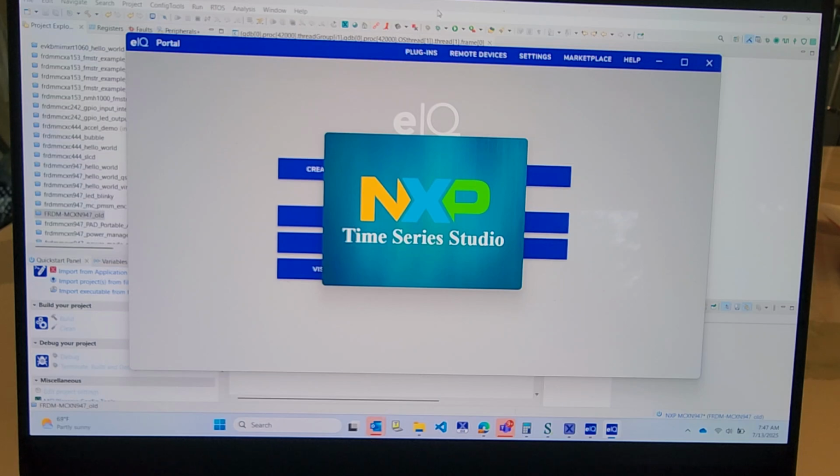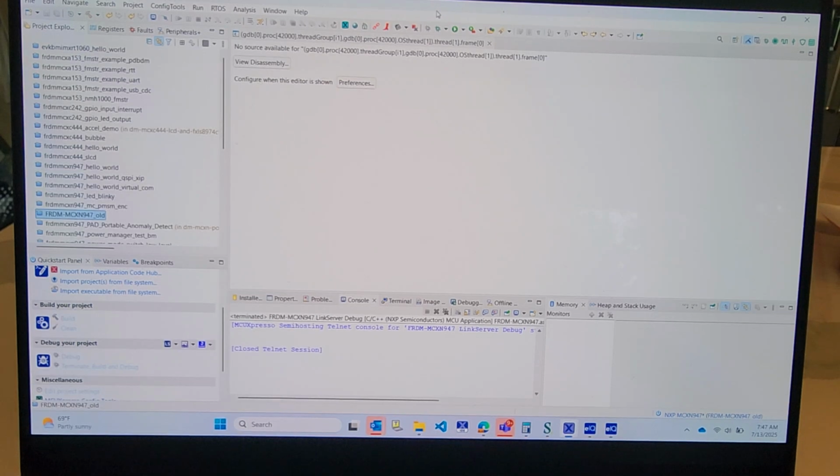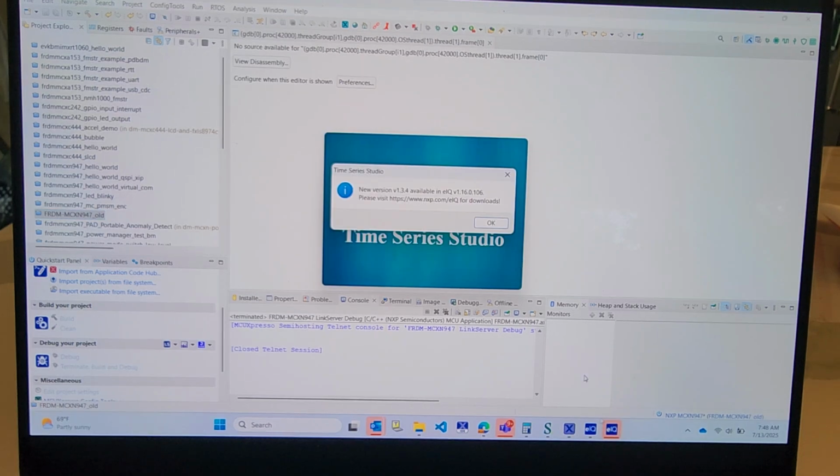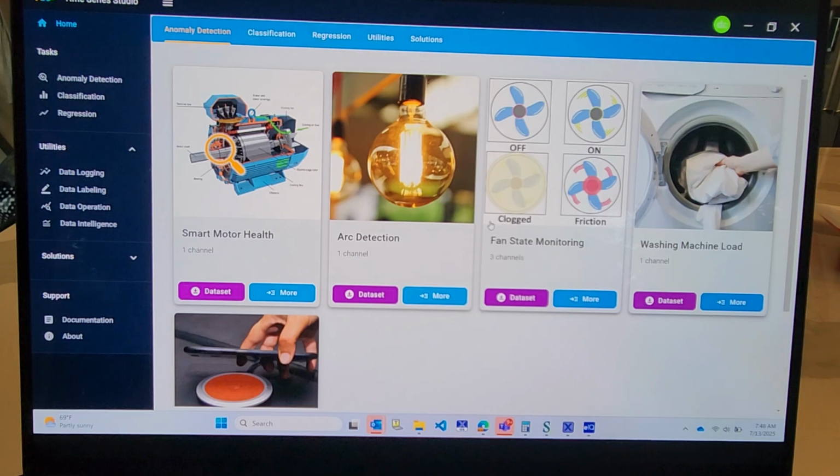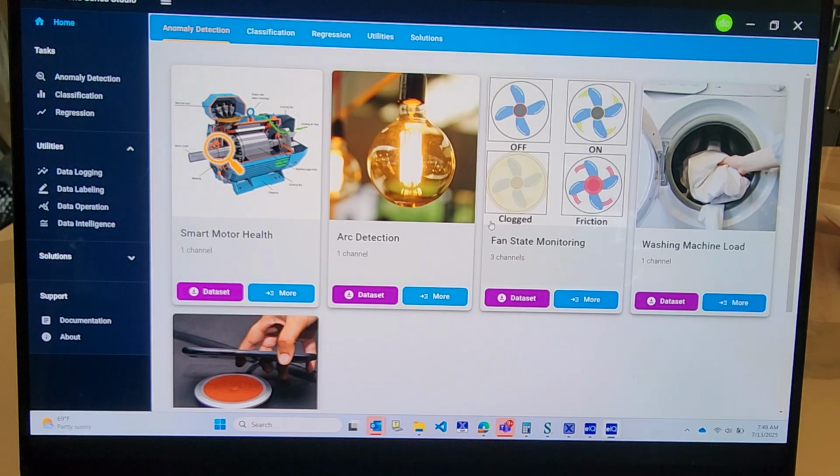Also in the background I have MCU Espresso, because we'll be using that for this demo. Alright, and it's talking about a new version available if you want to download that. Right now we're not going to do that. But when we get into the studio here,